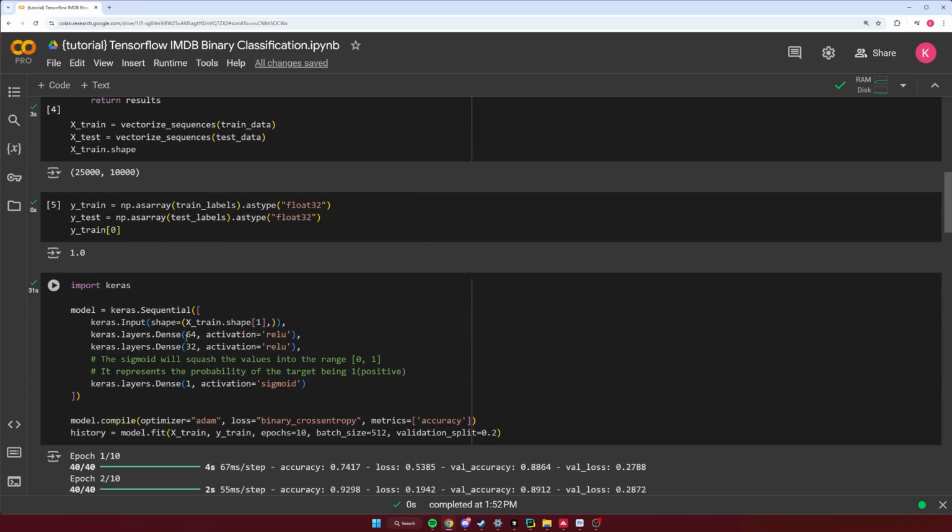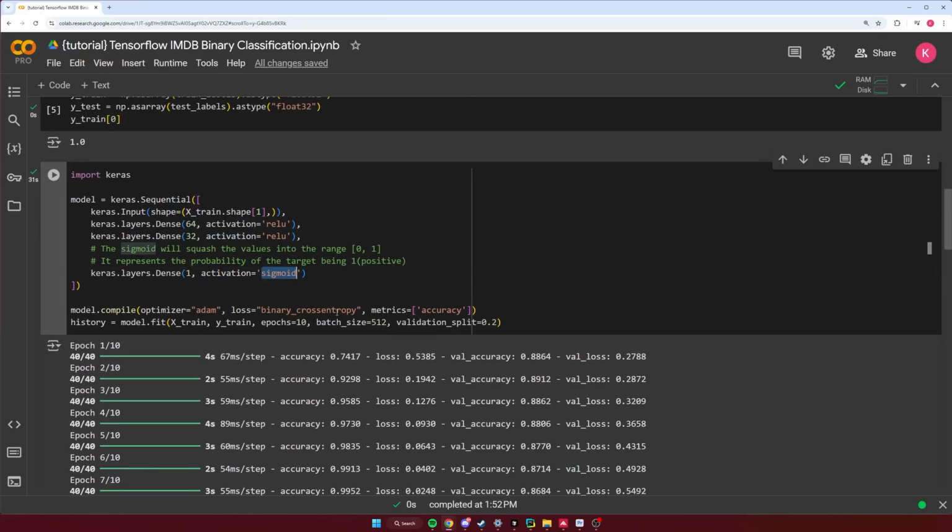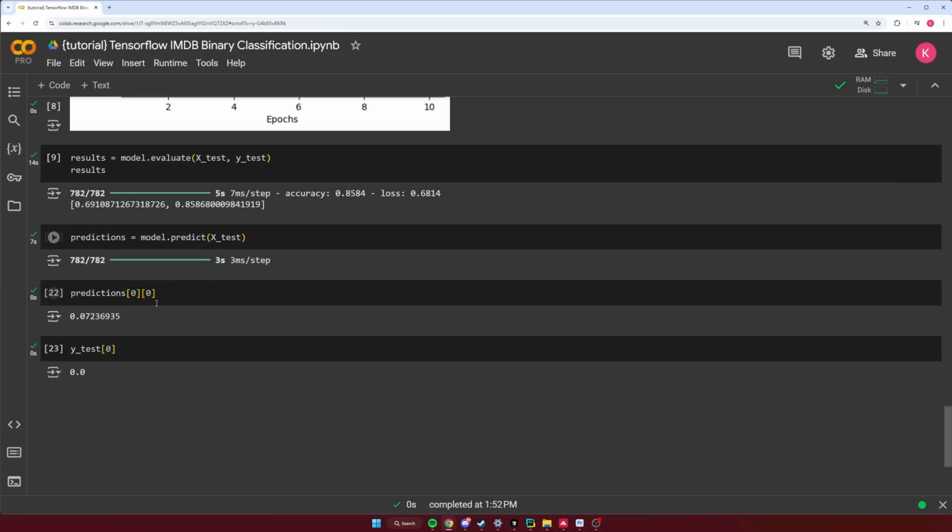specified for our neural network uses the activation of sigmoid, which will squash our values in our network to the range of 0 to 1 inclusive. And again, this represents the probability of the target being 1 or positive. So that is why it's not 0 or 1, it's a probability. The probability that is the positive case of 1 or positive sentiment. So the way that it works pretty much is that there's a threshold. And so if it's under 0.5 in terms of the probability output, then it's going to be labeled 0. And then if it's 0.5 or above, then it's going to be 1. So in this case, this is far below 0.5, so it's going to be interpreted as a 0, which matches